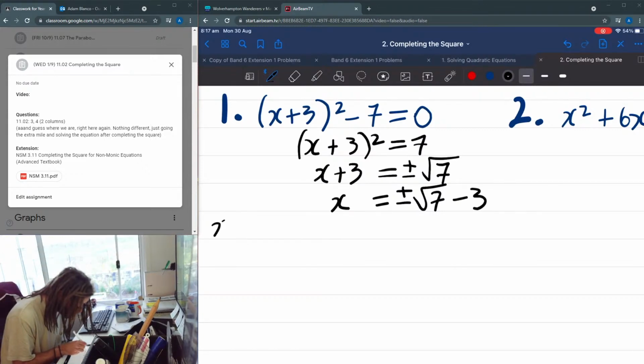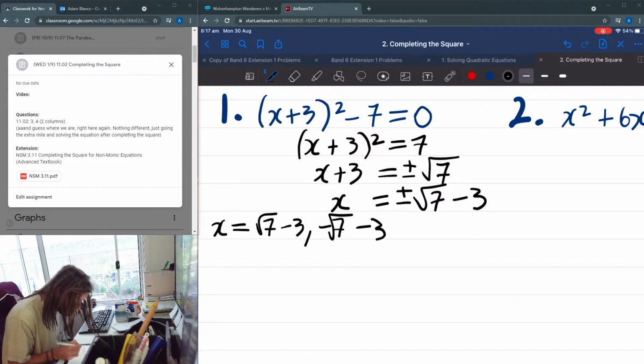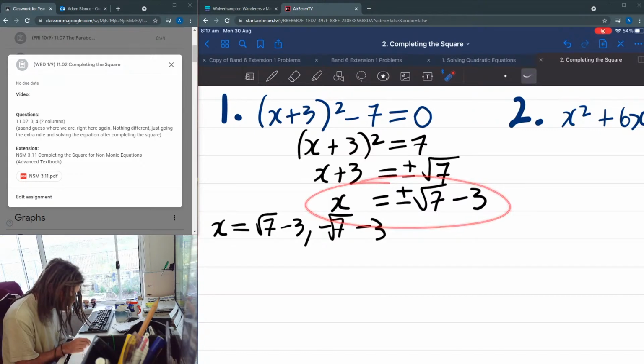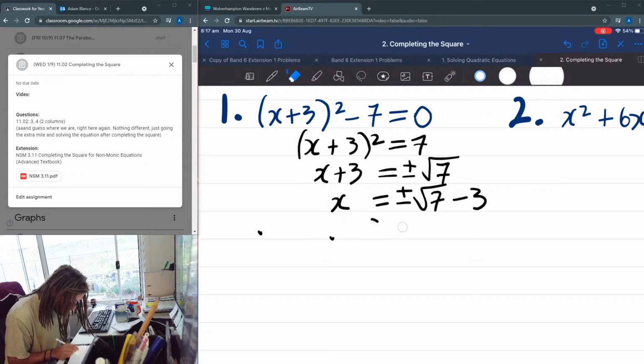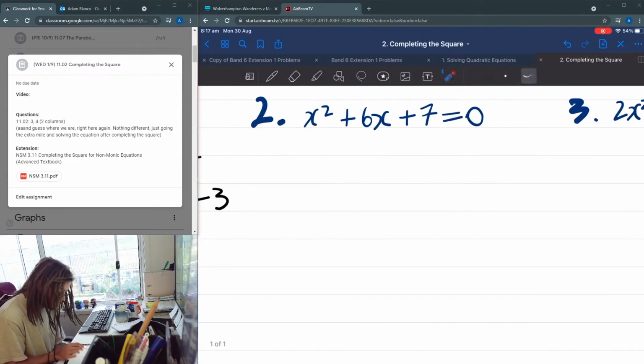You can write it as x equals root 7 minus 3 and minus root 7 minus 3 if you want, but this form's just as acceptable. Well, so I'm going to leave it like that. Okay, if it's not in that form, if you're given something like this, if you're told to complete the square,